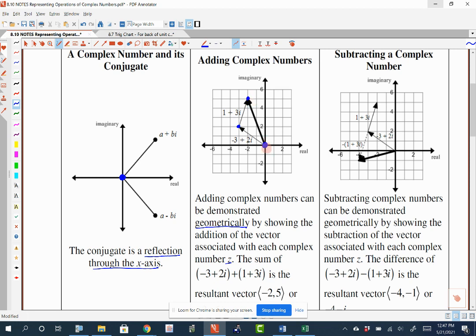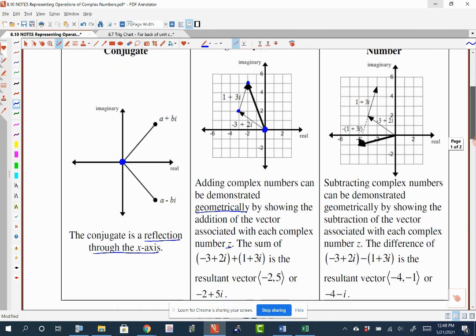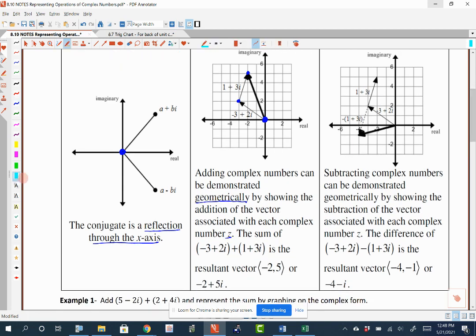So we started at the origin, we went to -3, 2, and now we've gone 1, 3. And this is where we end. So our resultant, that answer to this, goes from the origin directly to this final destination, that -2, and there would be a +5. So right below there, I'll highlight here, it says the resultant is this vector,